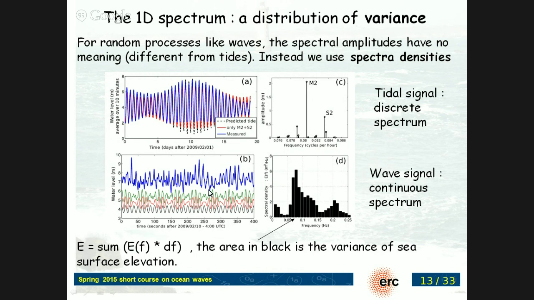So essentially, the difference between the tide and the waves, except for the time scale, of course, here it's just a few seconds, here it's hours, is that instead of having a discrete spectrum, we have a continuous spectrum with energy everywhere. On top of that, the amplitude and the phase keep changing all the time. If you look at the measurements, it looks very random. From one minute to the next minute, it's not the same waves. There are no two waves that are exactly the same.